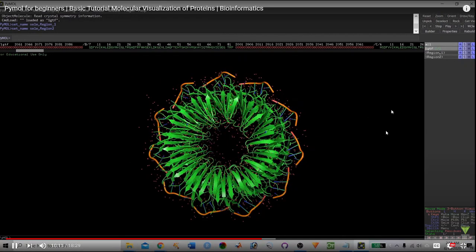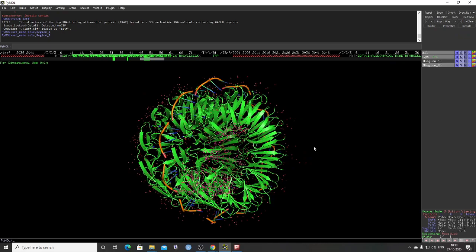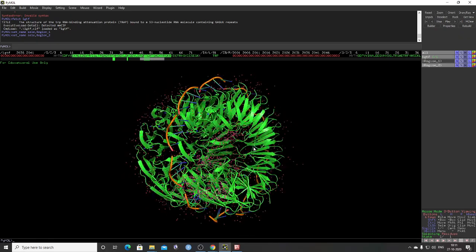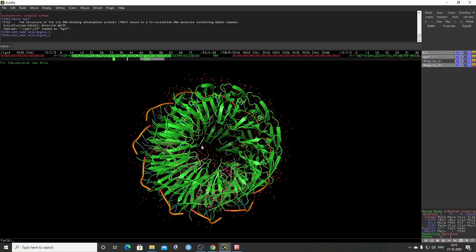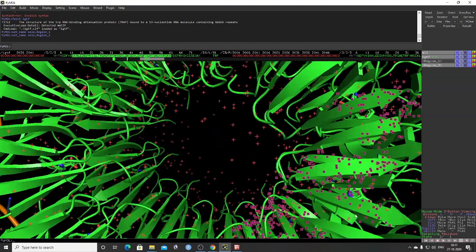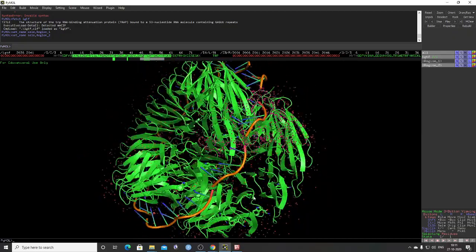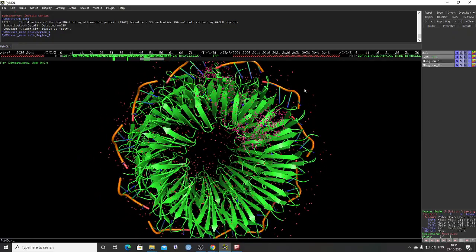Okay. So next we will see about A means action, S means show, H means hide, label, and color. Okay. So first of all, we will remove this water molecule. You can see here some of the water. Okay, so these were some of the options. So if you left click it, you can rotate it. If you right click it, you can zoom it. Right click and pull the mouse toward you or away from you on Windows, right? You can rotate it like this. And around it, there are the water molecules. So these are the water molecules present around this protein structure, right?